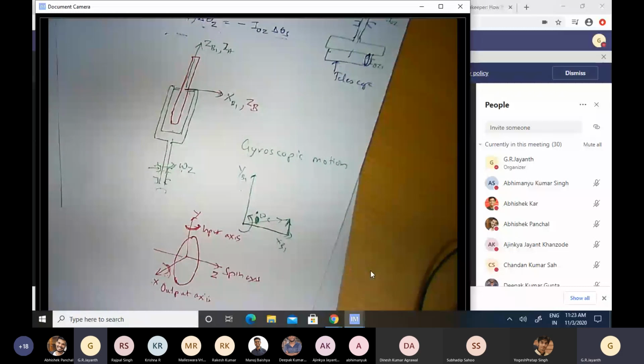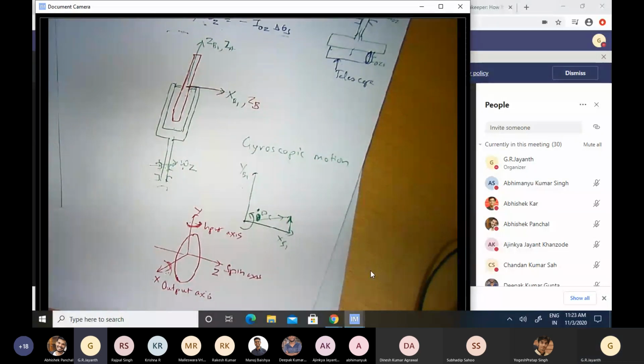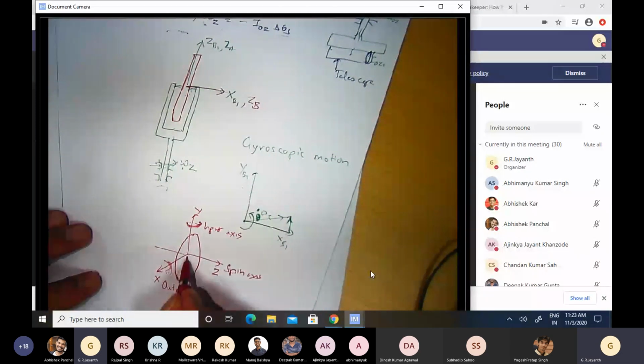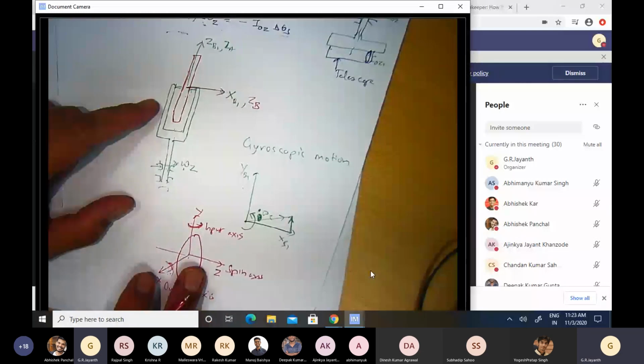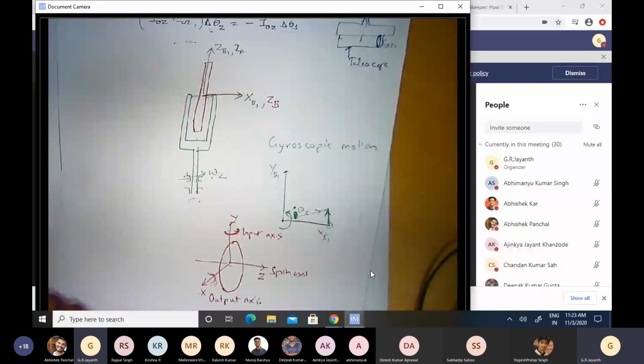Now, by applying an appropriate kind of input, if you apply an angular rate and you generate torque, this torque can serve two purposes. It can be used to measure that angular rate in some sense. That's one possible application. Or that torque can be used to counter some other disturbance torque that the structure is experiencing, as often happens in the case of ships and so on, where this phenomenon is employed. This kind of arrangement of a spinning wheel that is allowed to rotate about one or more axes is called a gyroscope.